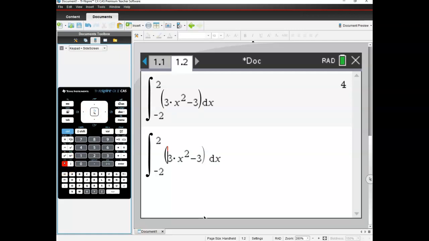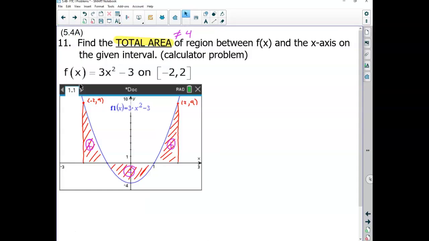And the reason I want to put another parenthesis is so I can say absolute value of parenthesis 3x squared minus 3. And that's putting that into the absolute value function for me. If I take the absolute value of that, that reflects that negative area on the top, and the actual area is 12, okay? And we just need to find out how we're going to find that,